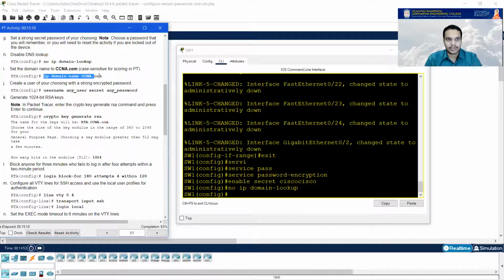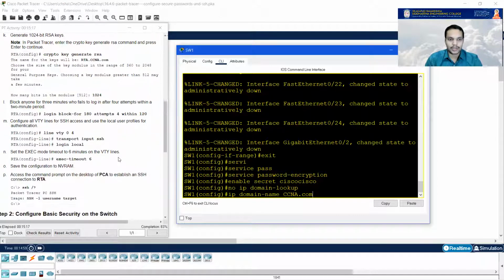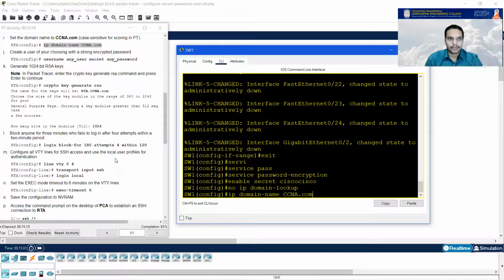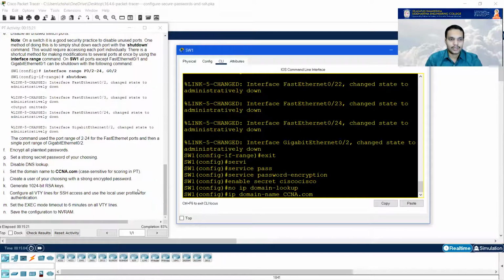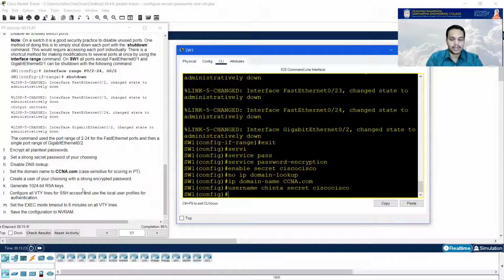These are the things. So I'm just going to copy paste it from here. So it is ip domain-name ccna.com. That's what is asked here. After that, what we need to do is create a username. Let me say Chinta and secret Cisco. I can do that also. But as I told you, use strong passwords. Username, and then afterwards